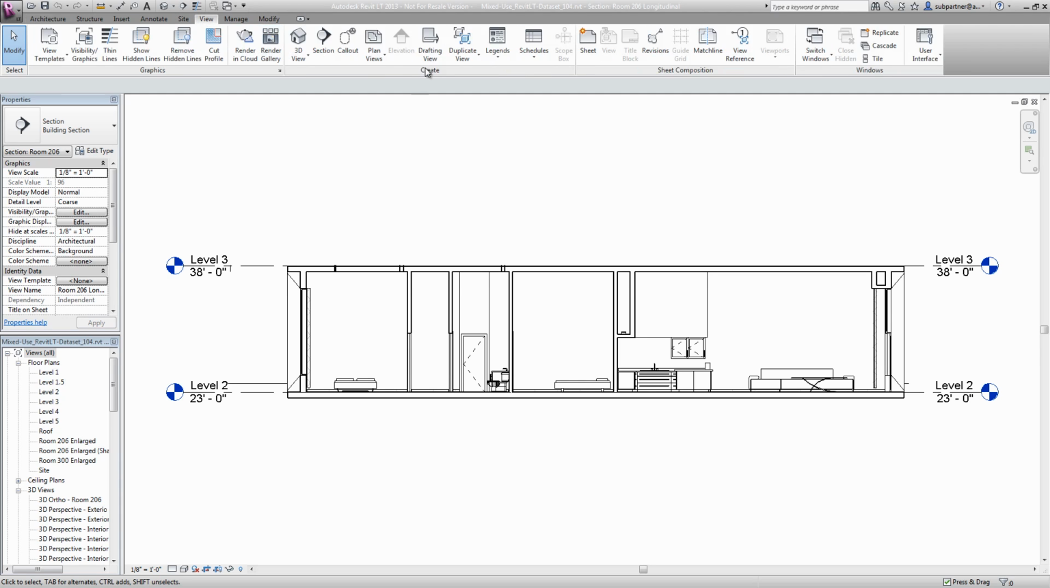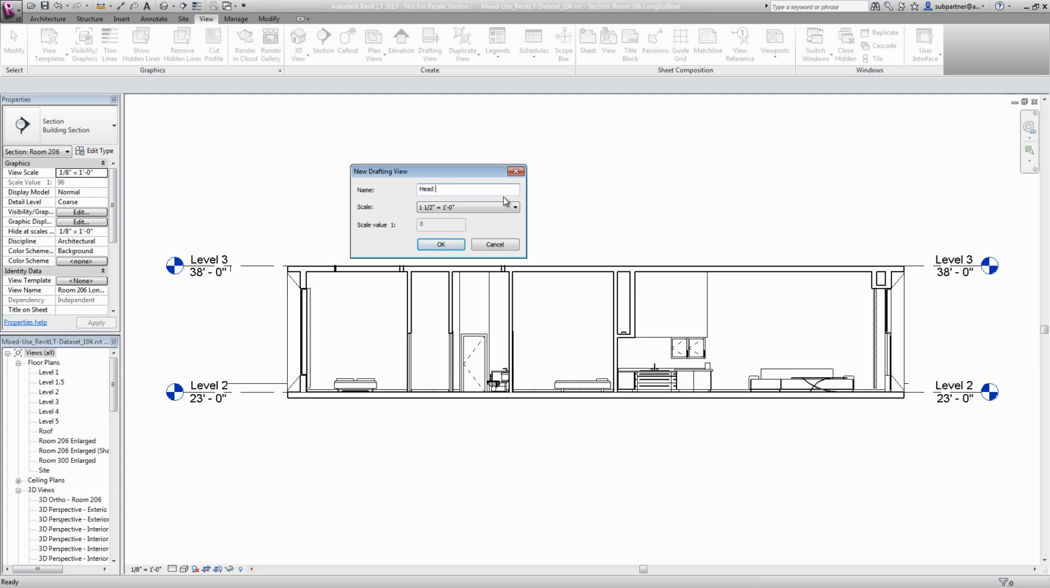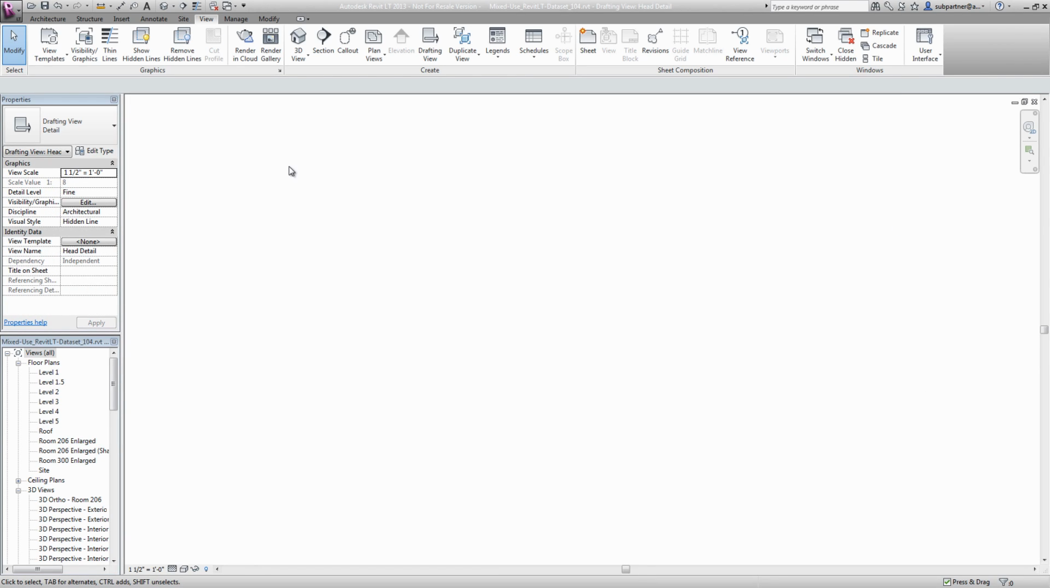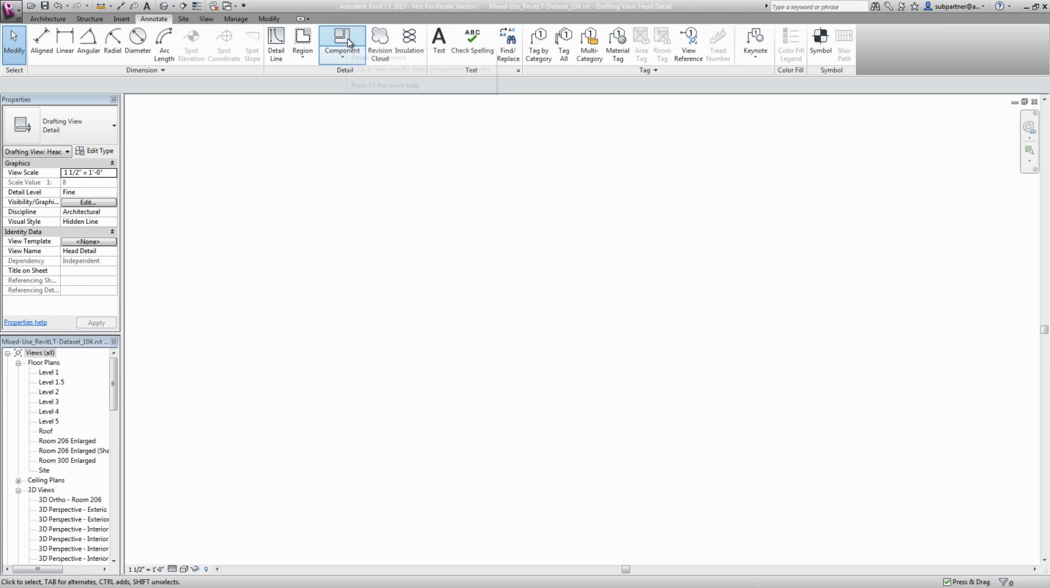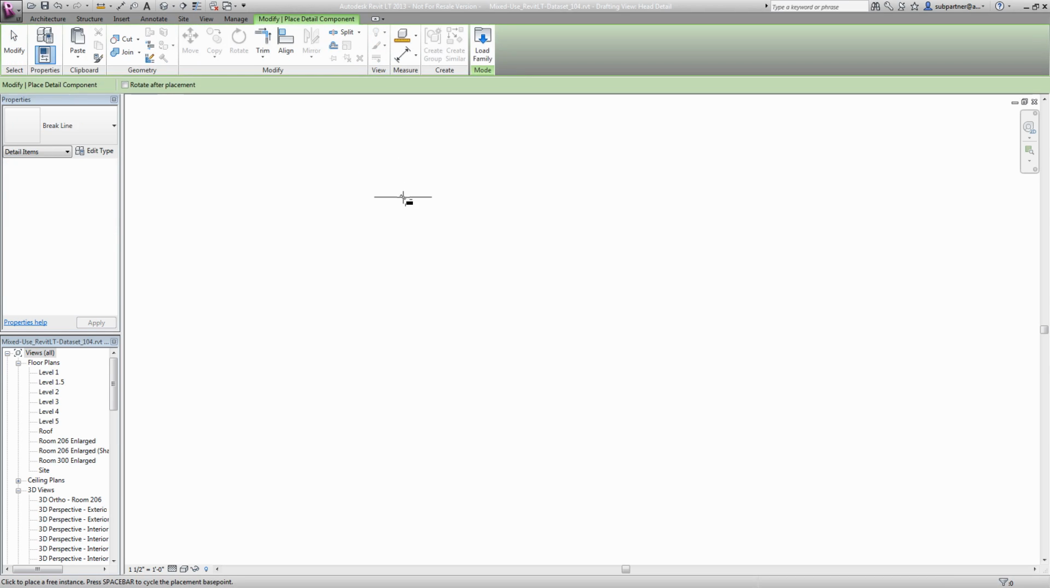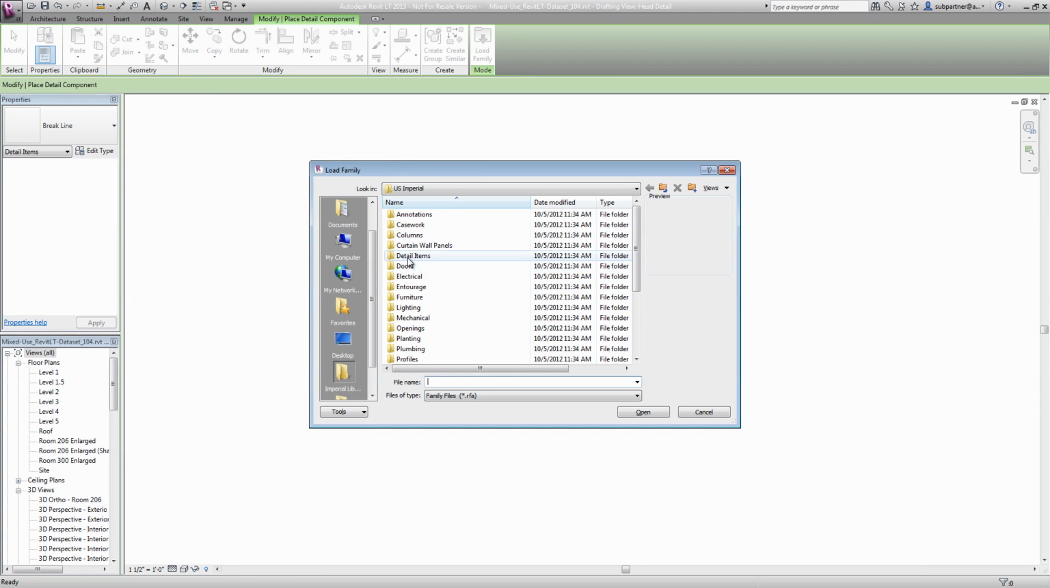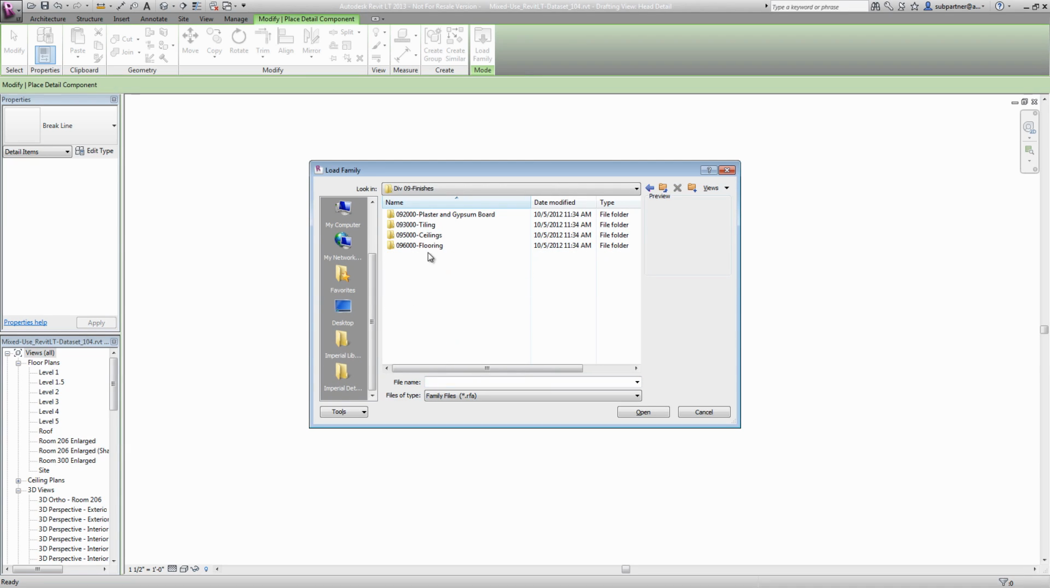On the View tab, I'll create a new drafting view. I give it a name and a scale, and then it opens a blank sheet of paper where I can begin drawing my detail. On the Annotate tab, we have a 2D Detail Component tool. Here I can click the Load Family button and browse in the default library to the Detail Items folder. It's organized in Master Spec divisions, and I can browse through the various subfolders and locate the Gypsum Wall Board